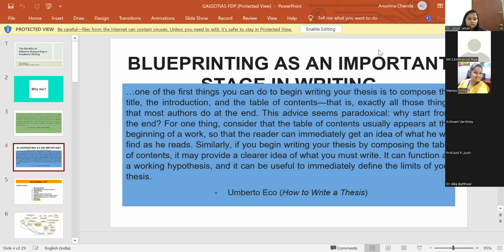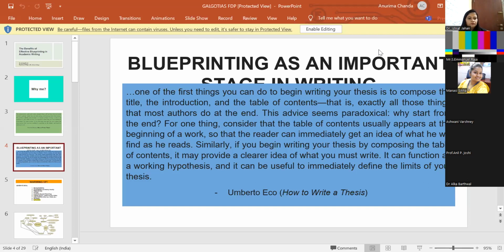Imagine you want to change the location of a room. Say you want to shift room number 1 to the space where room number 2 is. Isn't it much easier at the blueprinting stage than after the building has already been built, and then it's partially built, and then you are trying to change the location? So think of it, approach it that way. And that's how I look at the entire exercise of blueprinting within academic writing. And very much I see it as a part of methods of writing.